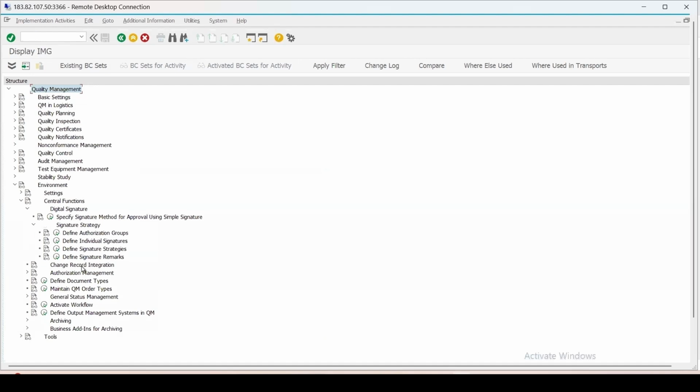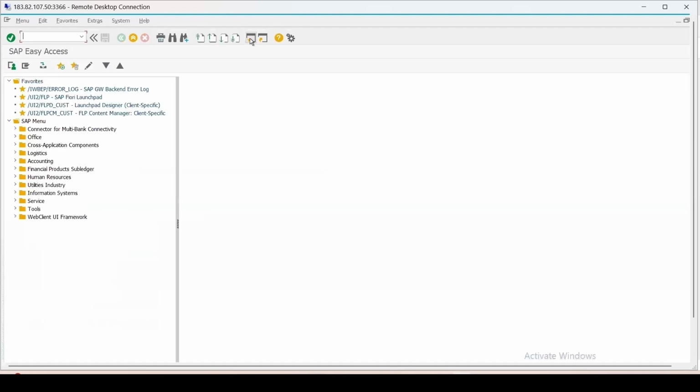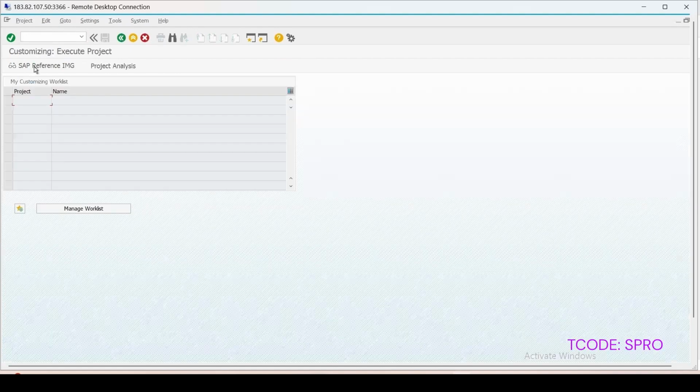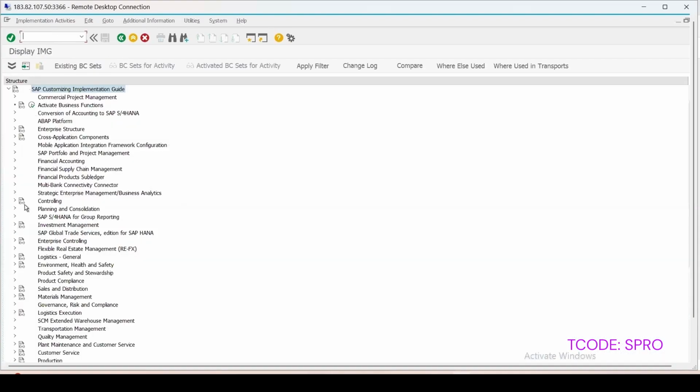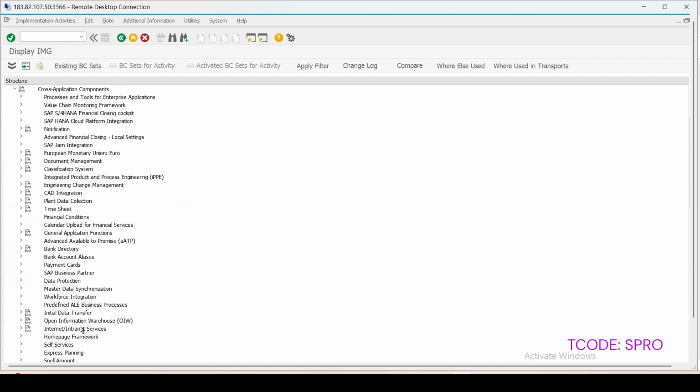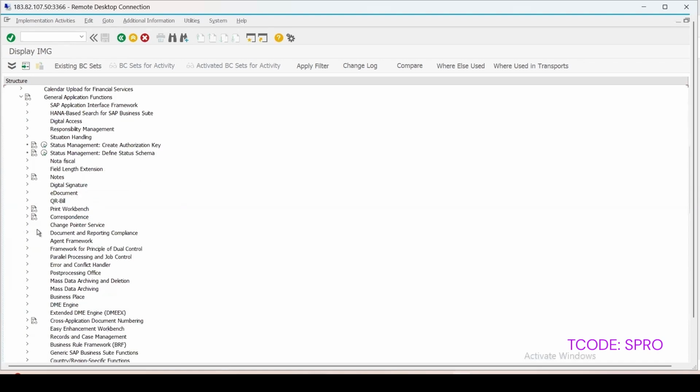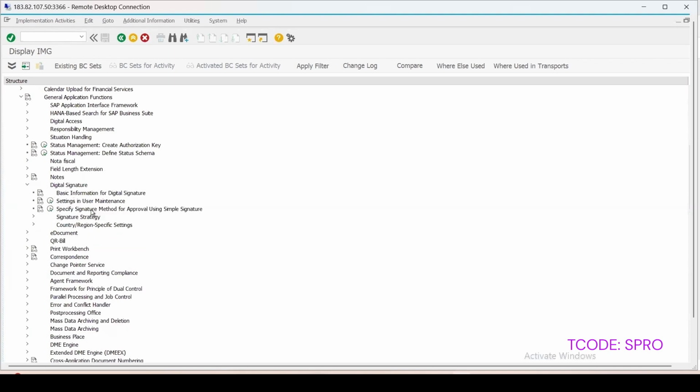The other way, because it is a central component, is SPRO, enter SAP Reference IMG, and if I go to the cross-application components, under general application functions, you will find this digital signature, right? So here also you can make the changes, but we will prefer to use QCC0.